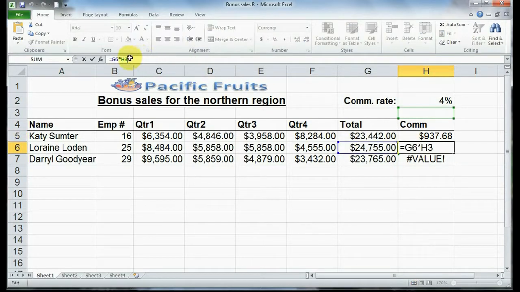Okay, so now if I click on H6, check out my references here. Excel is referencing G6, which is correct, Lorraine's total, but it's making a mistake with the second reference, and in this case it's referencing H3. That's not what we want. We want 4%, but because I'm autofilling in a downwards motion, from H5 to H7, it's also moving all